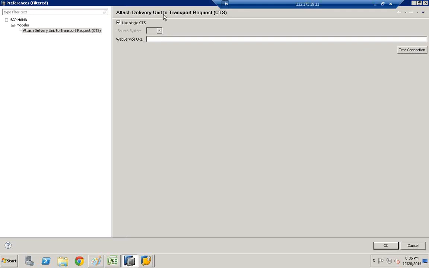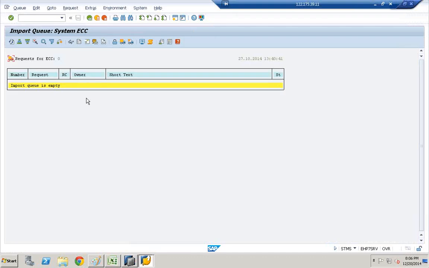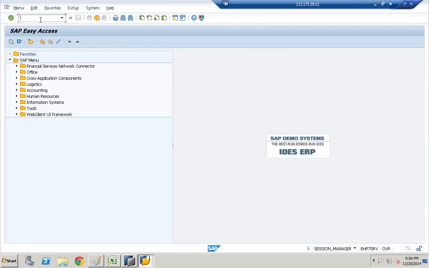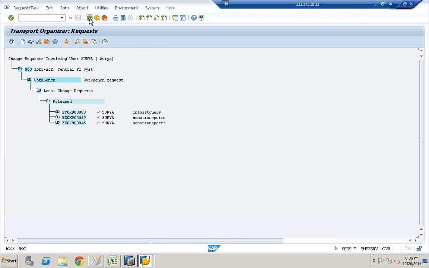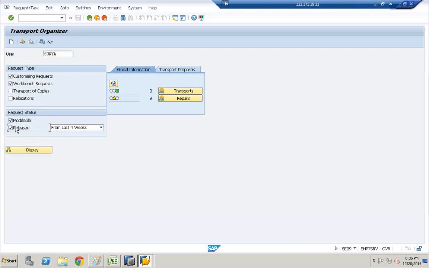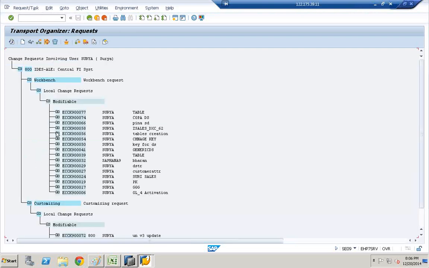So using attached delivery unit to transport request, CTS. Once the web service URL is generated, a transport request would be generated in SC09. If you go to the T code SC09 in the Solution Manager, now when you click on display,